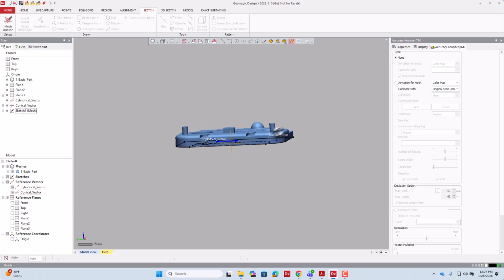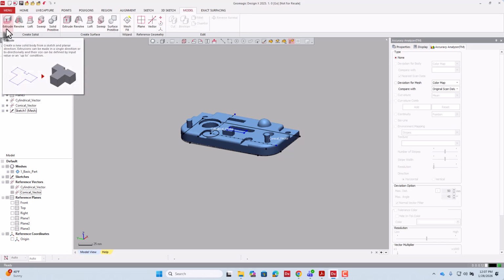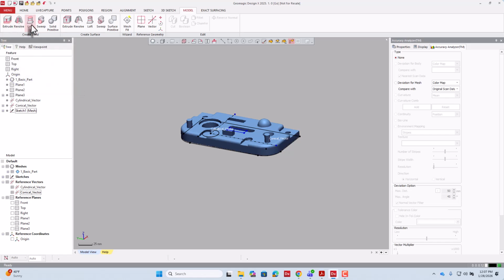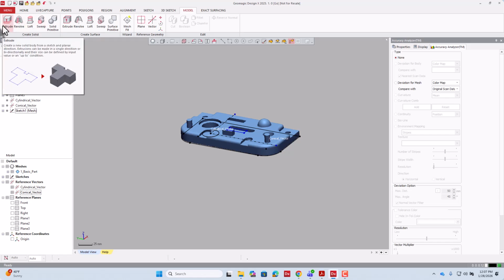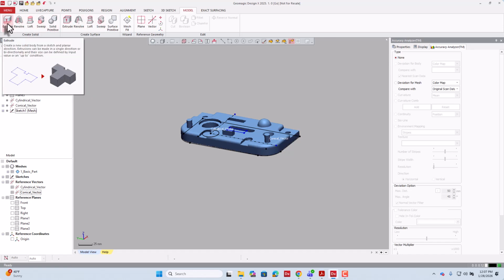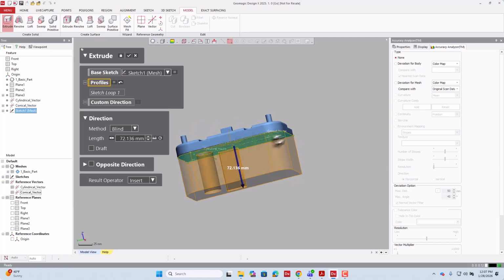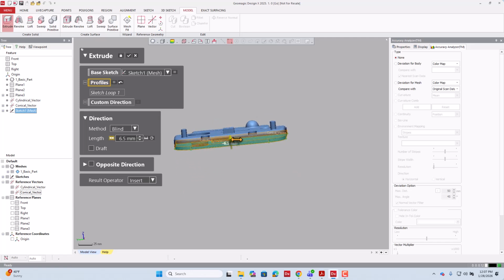So now that we have made this sketch, you can use this sketch to make an extrusion. So you can go to the model tab, and here you can see that there are options that are open now. So you see that there's an extrude option that's open, revolve, loft, sweep. These options were previously grayed out, but now you can click on extrude and you can select the sketch. It shows this widget. You can select sketch 1 and you can see that you can extrude up to the distance that you need